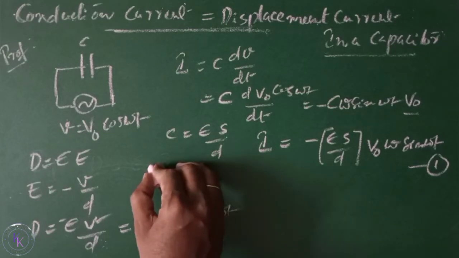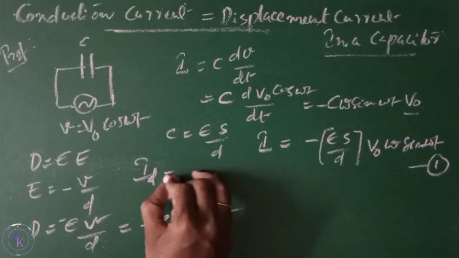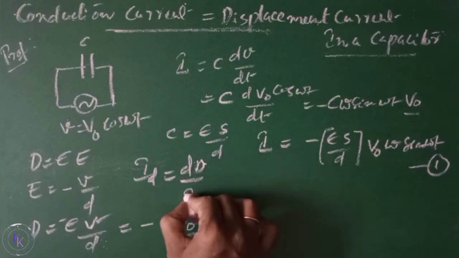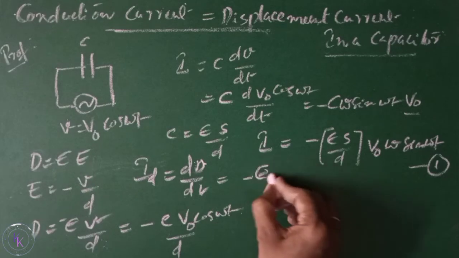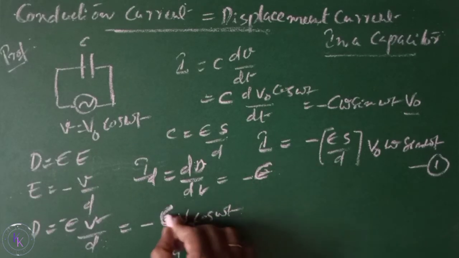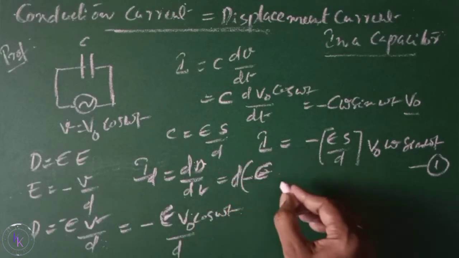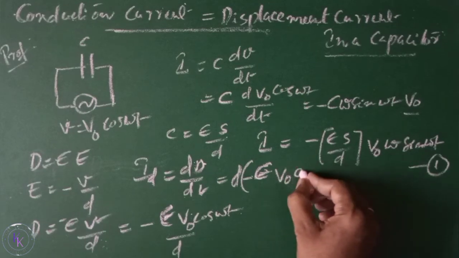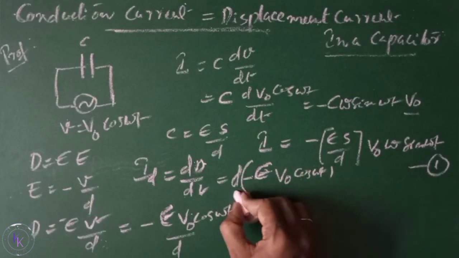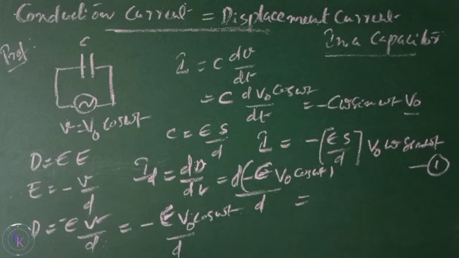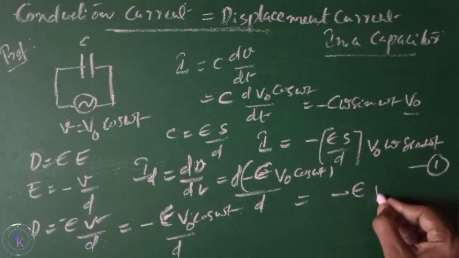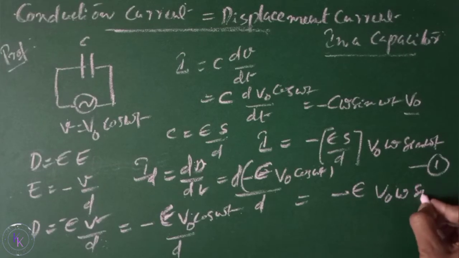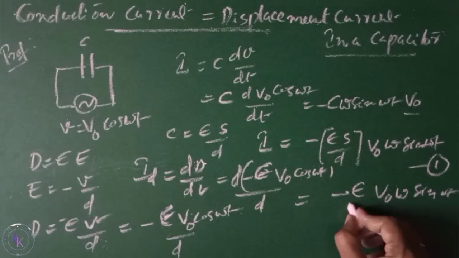Now the displacement current ID equals dD divided by dt, that is minus epsilon d of V naught cos omega t divided by d. When you solve this, you are going to get minus epsilon V naught omega sin omega t divided by